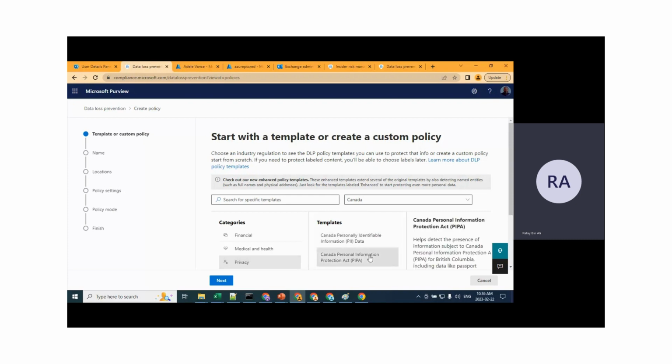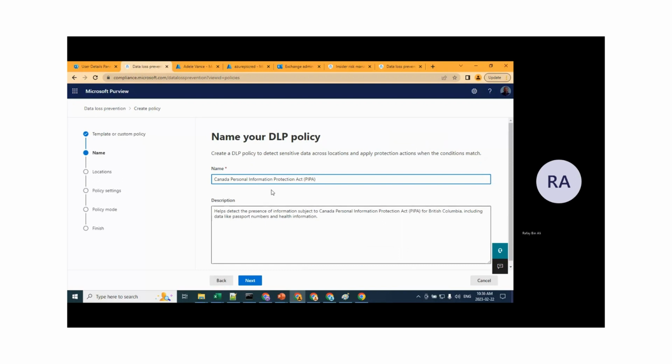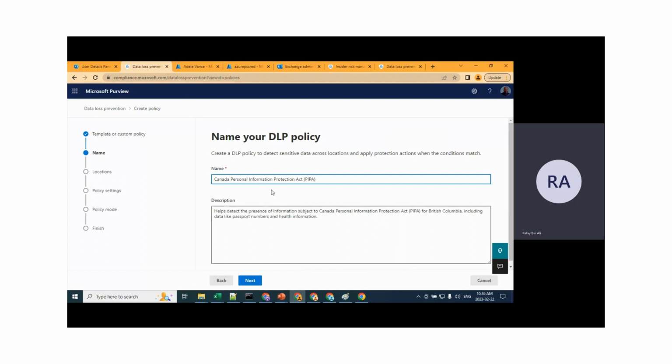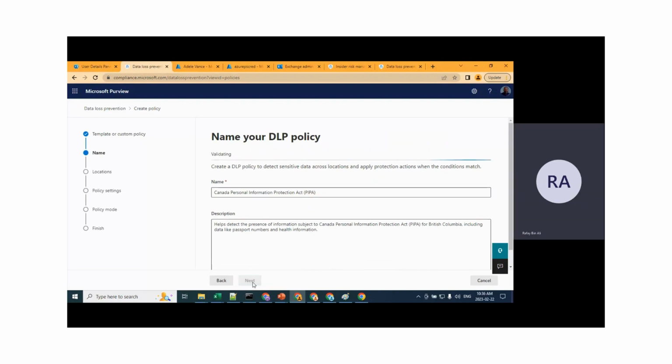So if I choose this and click next, this gives you a little bit of description of what this is. It says it helps for British Columbia, including data. So this is BC-specific legislation. So I guess this is a provincial law. And if I do a next,